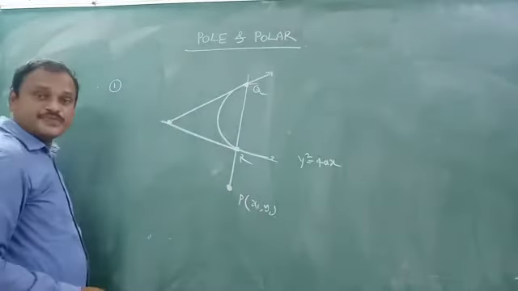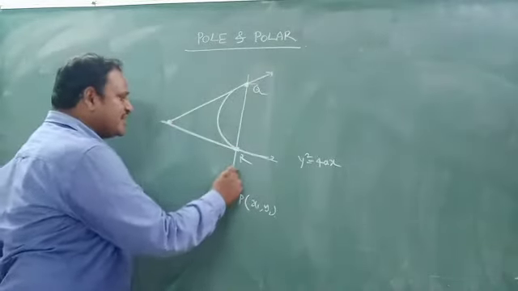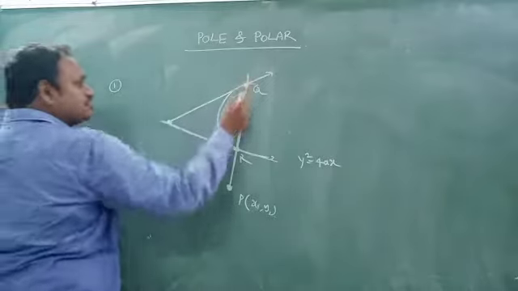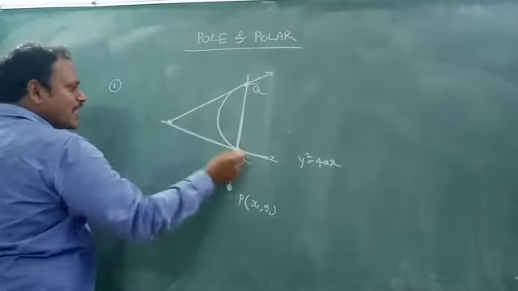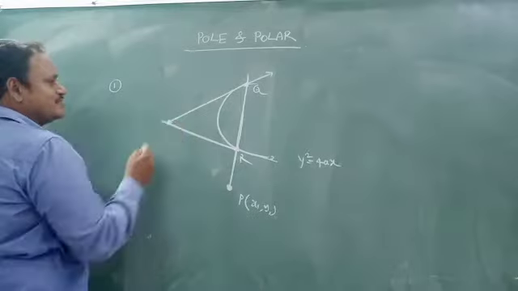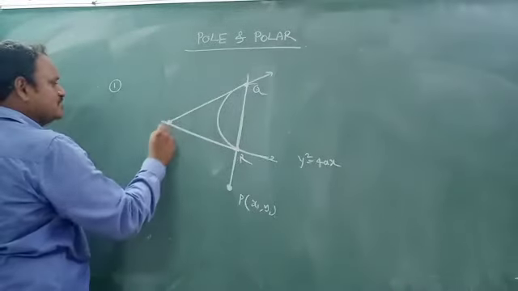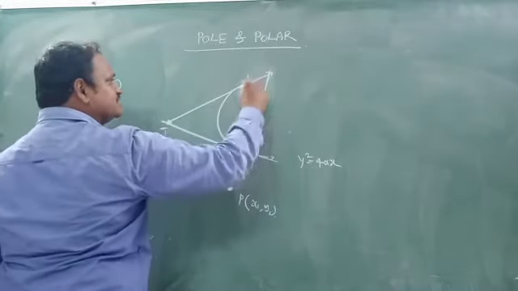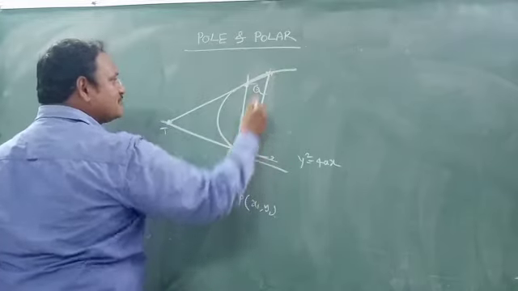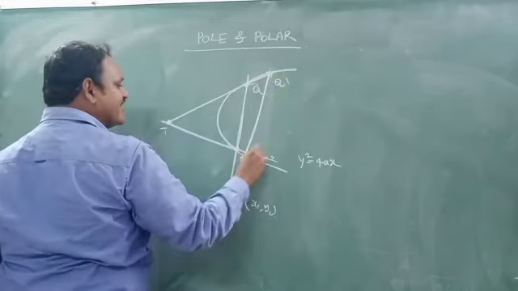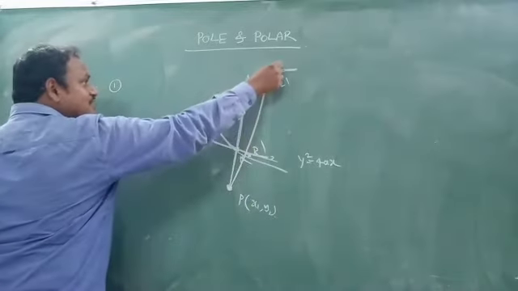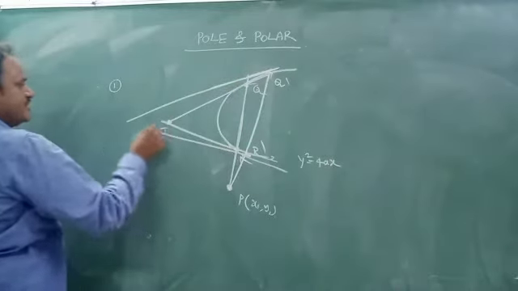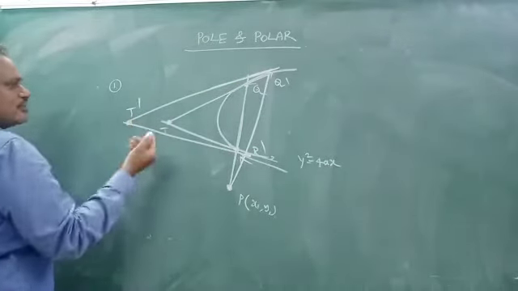If you take a point outside the parabola, from this point you draw a line which intersects the parabola at 2 points. Those we call Q and R. At this Q and R, you draw two tangents, they will intersect at one point. We can call that some symbol, you can call it T, right? From this, not only one line, you can draw another line also like this. This is the parabola. You have another pair of points, let us call them Q dash, R dash. From this also, you can draw another two tangents. They will intersect at some other point. You call it T dash.